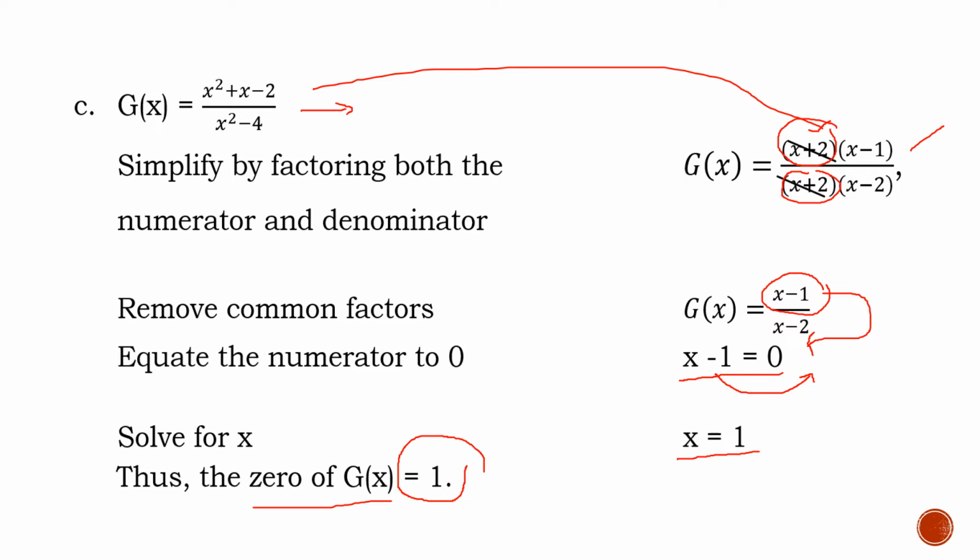Or simply, this will be the value of your x-intercept. It can be 1 and 0. By applying the formal meaning of zeros of a function and x-intercept, they are actually the same values. The 0 of your g of x will be equal to the x-intercept of your g of x.